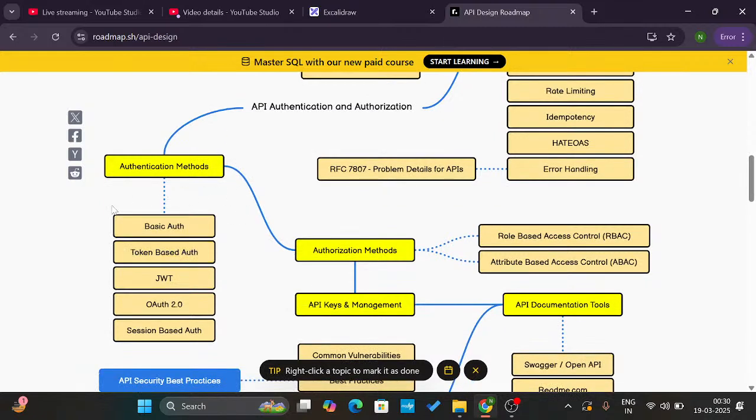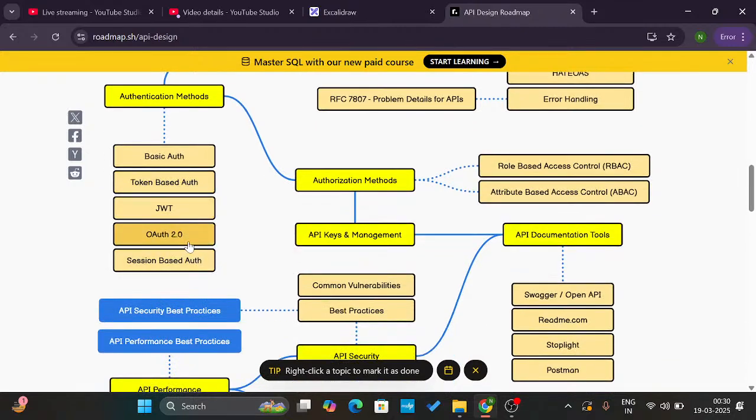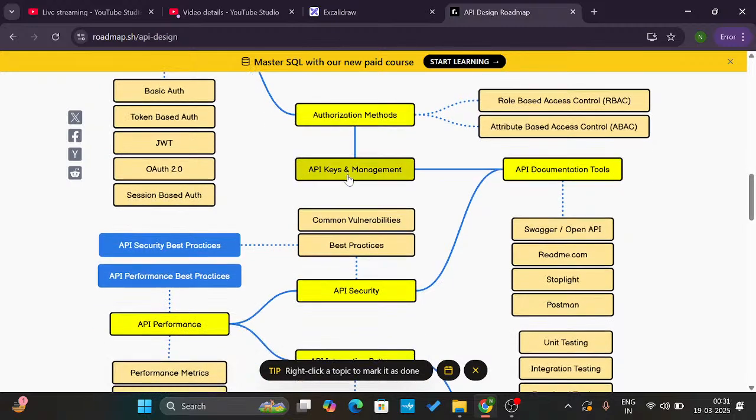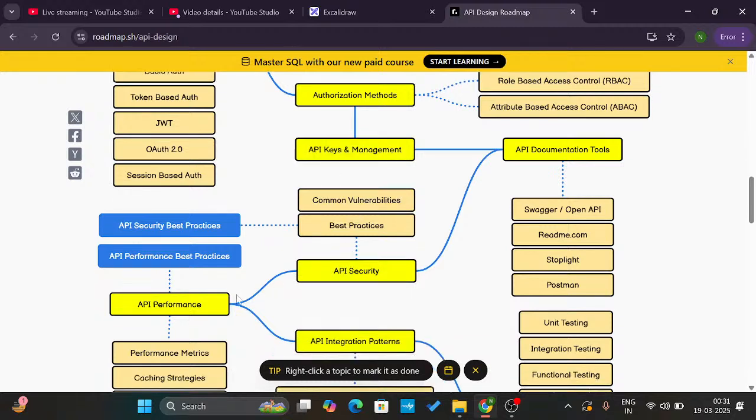The security of an API is based on basic auth, token-based auth, JWT, which is JSON Web Token, OAuth 2.0, session-based auth, and authorization methods like role-based access control, known as RBAC, attribute-based access control, known as ABAC, API keys and management, API documentation tools, API security, API